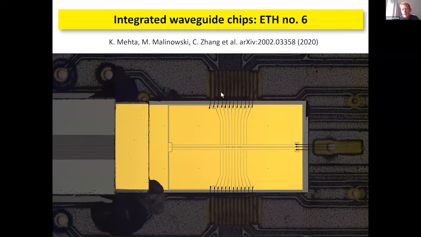Here you see the actual chip looking down on it. It's the same chip you saw in the very first slide. Here are the electrical wire bonds. The radio frequency is supplied via these wires here. And on the left-hand side, you're seeing the V-groove array and the fibers, which are being used to bring the light in. So in the middle of this chip, in this region here, if I just go to the next slide,